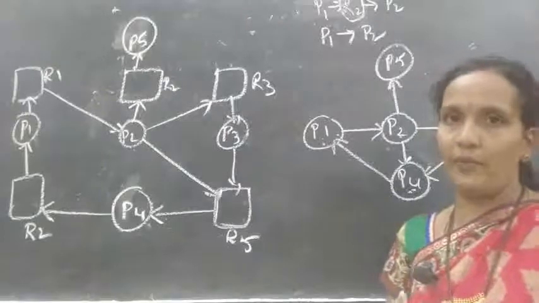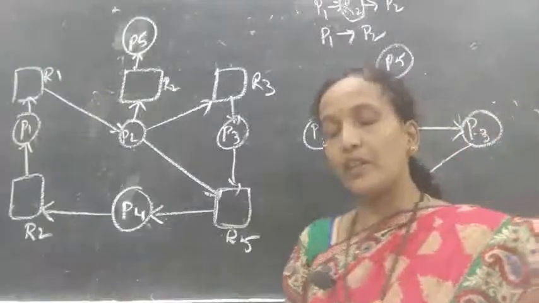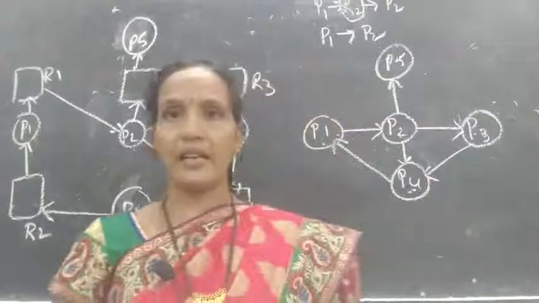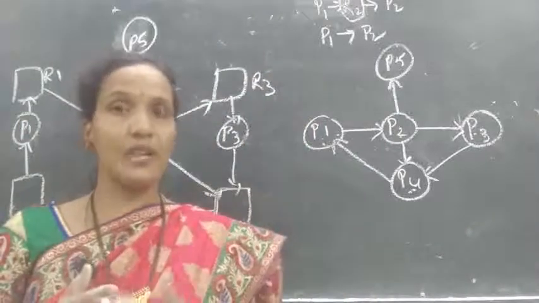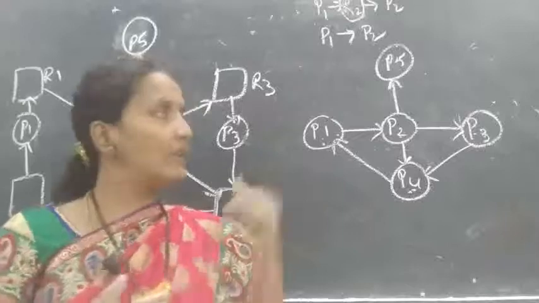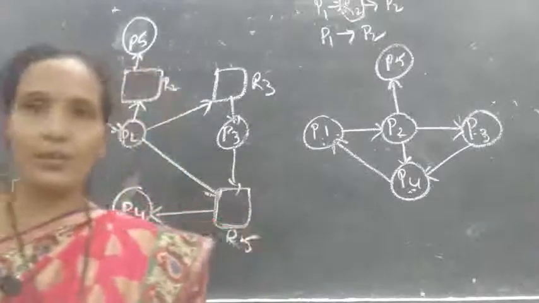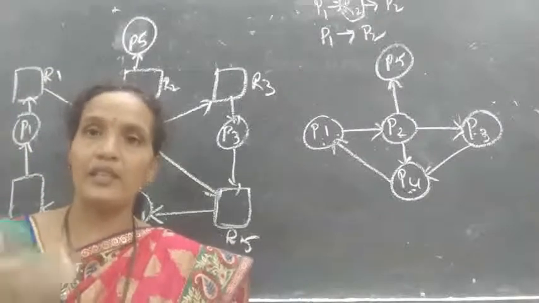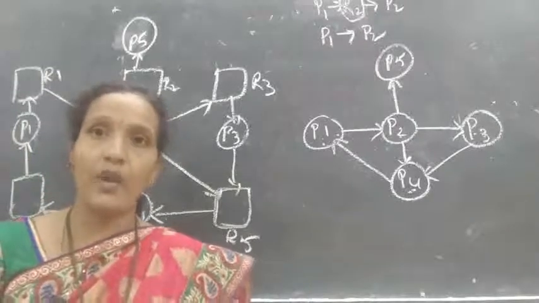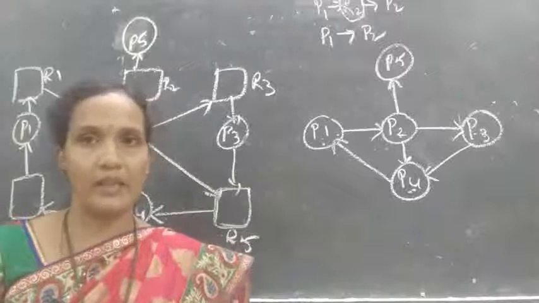This is the first method. Understood? If the resource type has a single instance, then you can use the wait-for graph. But if the resource type has multiple instances, then the wait-for graph is not suitable. In that case, we'll use the deadlock detection algorithm, which is similar to your Banker's algorithm, where